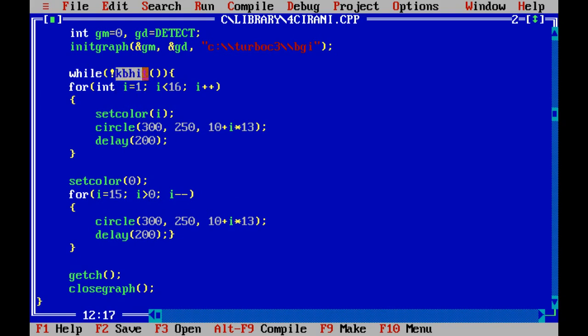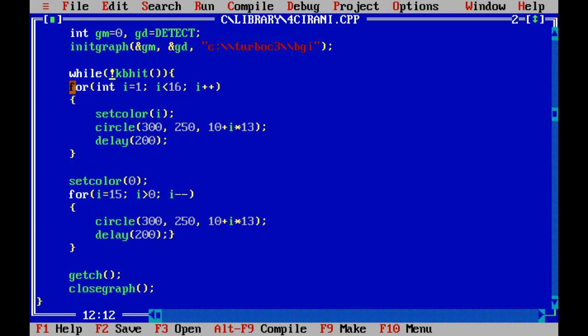This kbhit function is followed with a not sign. Now what is the function of kbhit? Kbhit stands for keyboard hit. That means while not kbhit, the while loop works until we press any key of our keyboard. When we press any key, the while loop terminates.